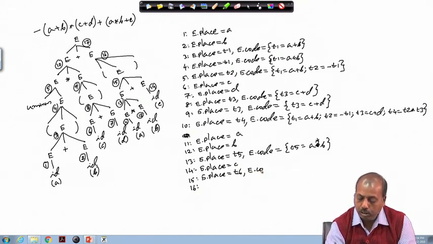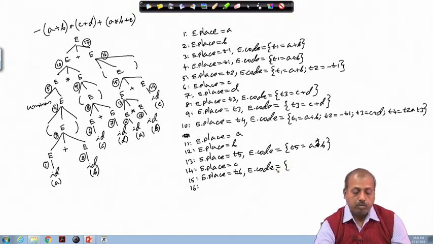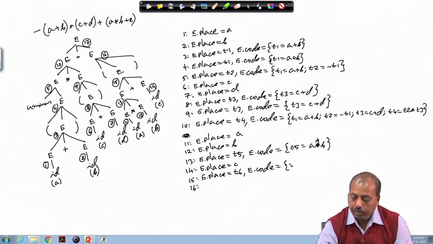So, E dot code: code for 13 is T5 equal to A star B, and then code for 14 is nothing, that is null. So, I have to now generate code for T6 equal to 13 and 14 their place. So, that is T5 plus C.